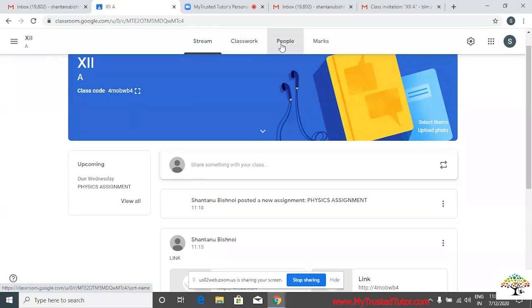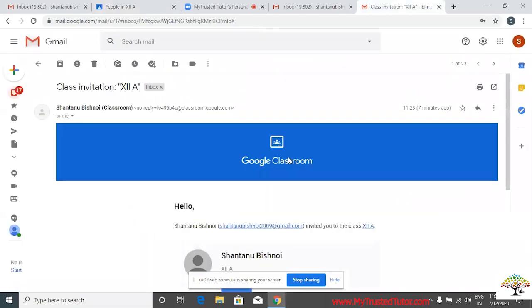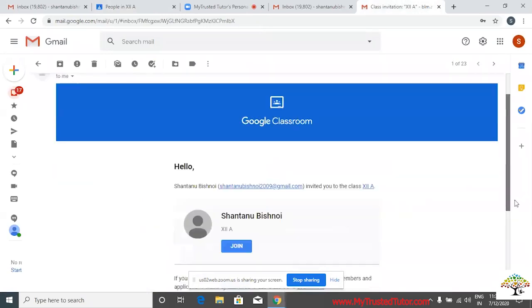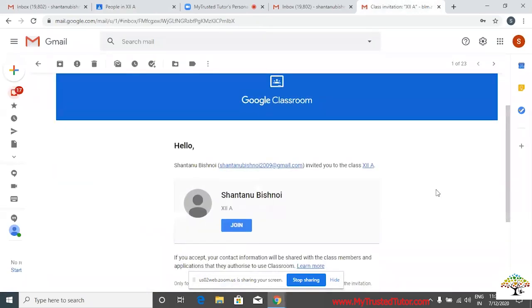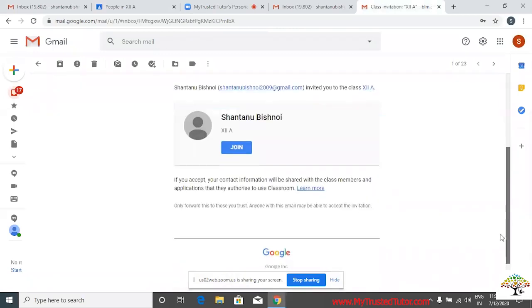And then the second option I told you is that you need to just send an invitation. So now I'm working as a student. I came to my student ID again. This is the invitation which I received. Either I can join it or I can do another thing. So I'm going to tell you through a class code, because for joining, this is a simple way of adding the students. You just receive an email, you click on join, and it will take you to the place. But suppose you don't have the email ID of your students, you have just shared a code with them, so how can they join?